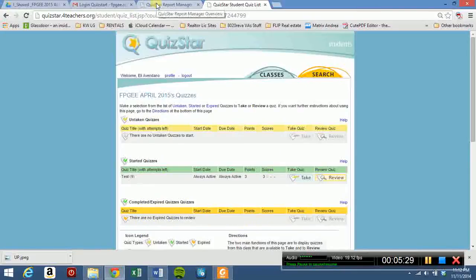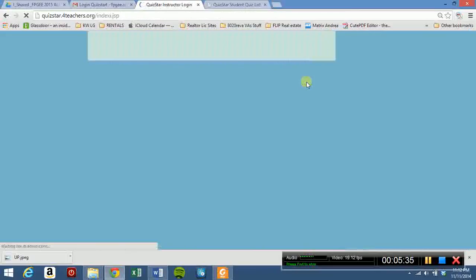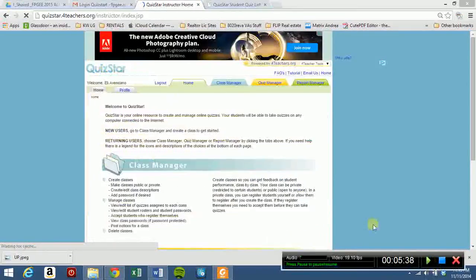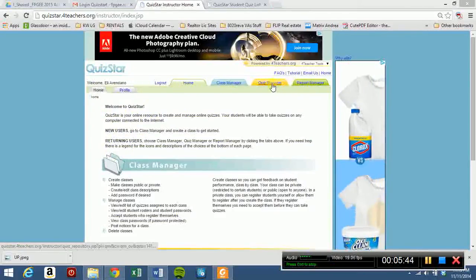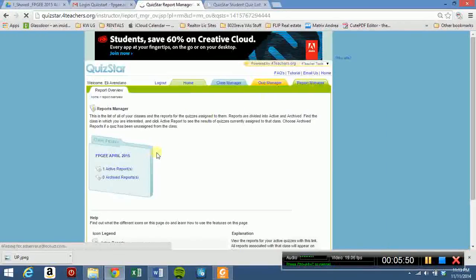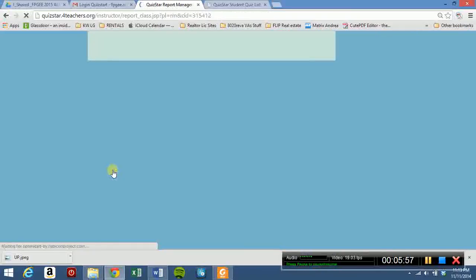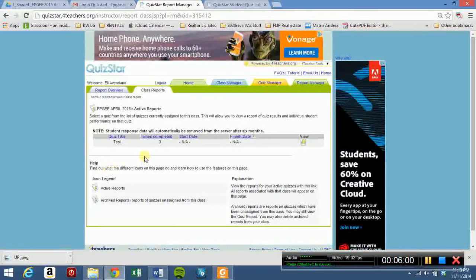One very important tool is that this site actually gives us a report manager, which tells us about the status of the students. And for example, here is where you can make the quizzes, and I will explain that later to those involved. But what I wanted to show you is the report manager. See, it tells us how we're doing with the test, which obviously is very important to know the material. I mean, to know how we're doing regarding if we need to cover it more, is there something going on with that? So for example, here's the test, and I will click here, view,